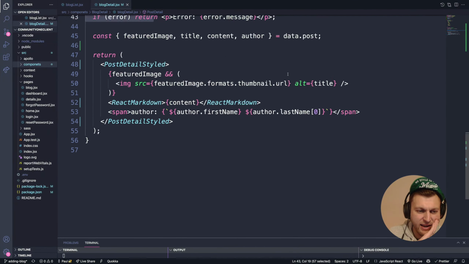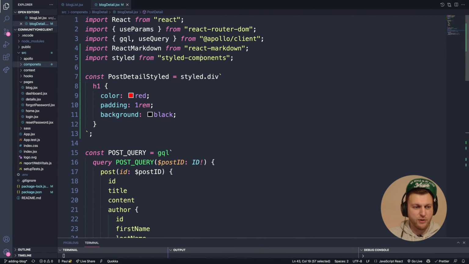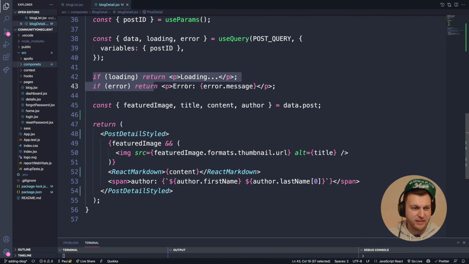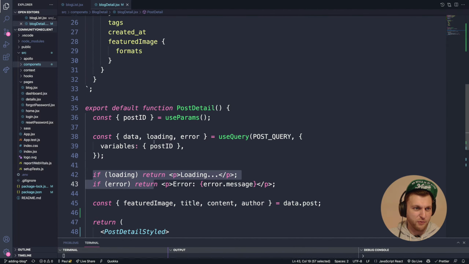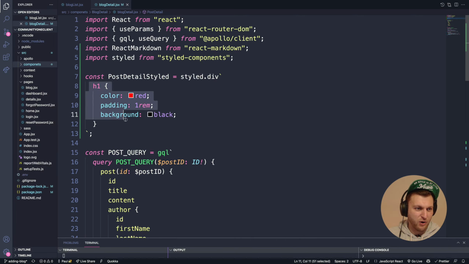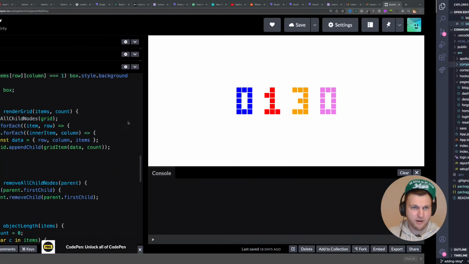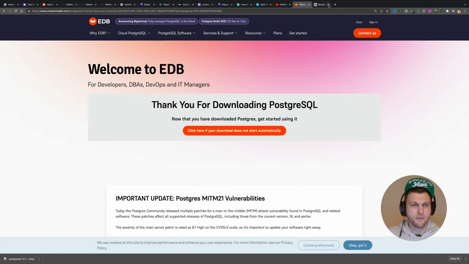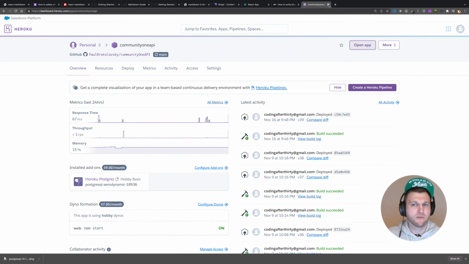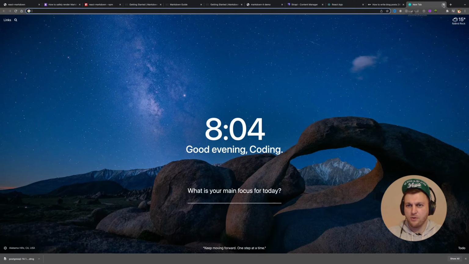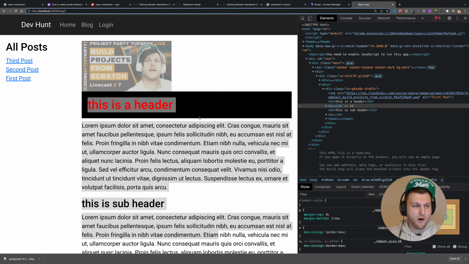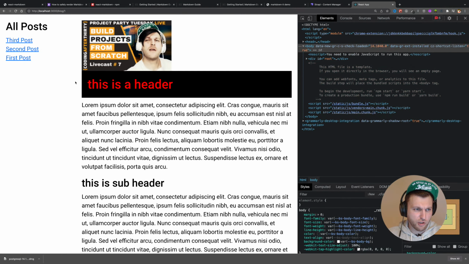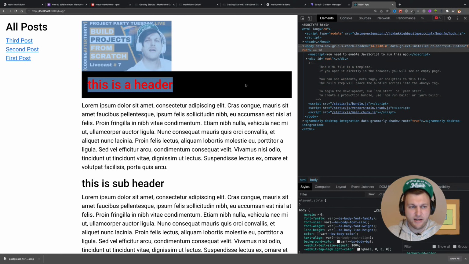let's take a look here. So we got our MDX working. Markdown working. The next thing I'm going to do is just figure out the styling. I'm not going to bore you writing the styling here, but if you look at our project, I have too many windows open. Let me close all the windows. So I just made this ugly styling here